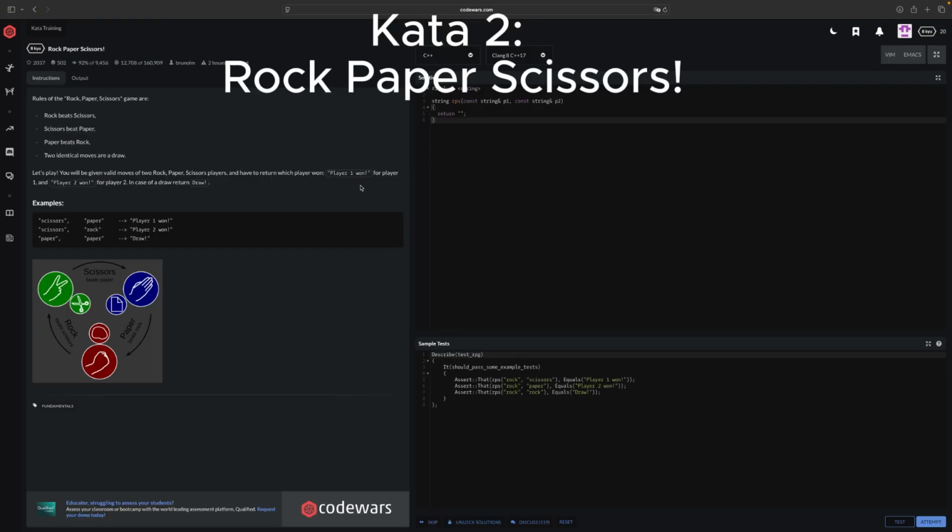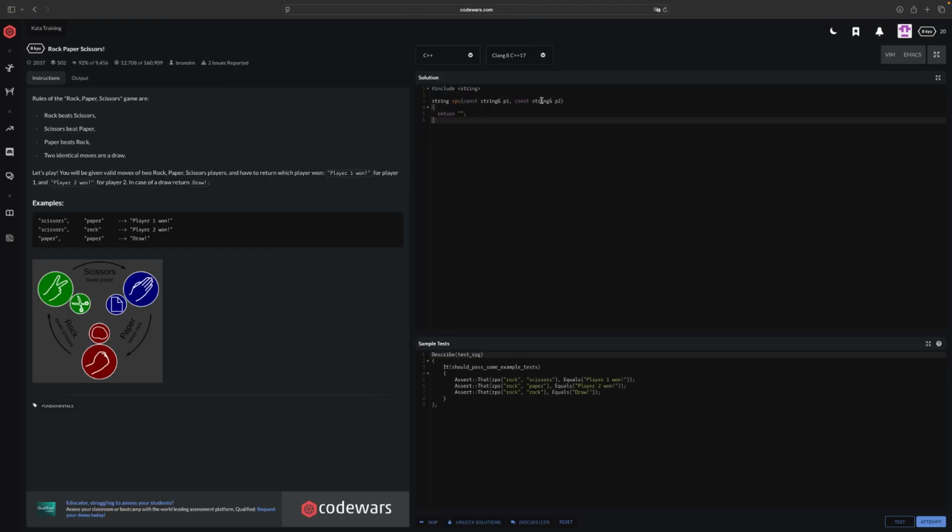Alright, so this kata is gonna give me two strings, player 1 and player 2, which either have to have rock, paper, or scissors, and I have to write which player wins. So I'm gonna use the return to winner instead of whatever that was. Then I need to do string winner, but I've noticed that you have to write the standard thing because it